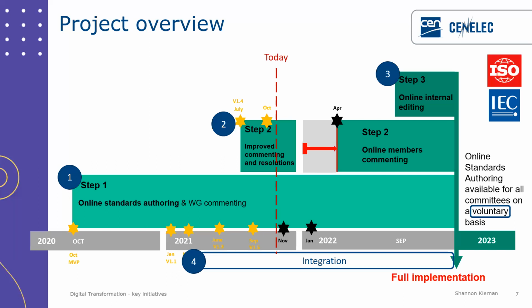Alongside all of this, we have integration. As you can see with number 4 at the bottom. So we're looking at integrating it with SEN documents and the global directory, and of course the IEC equivalents. You can see all of the stars on this diagram. They represent releases. So we've had a lot of different releases as time goes by, because we're working in an agile way, and we're making sure that all of the feedback from the sprints, feedback from the pilot groups are incorporated and form part of each sprint.